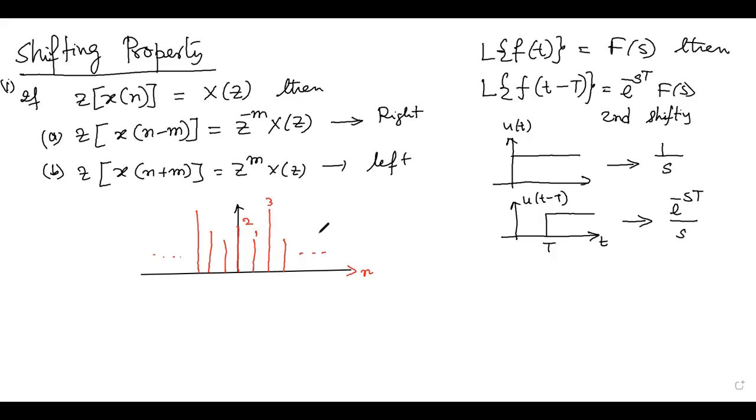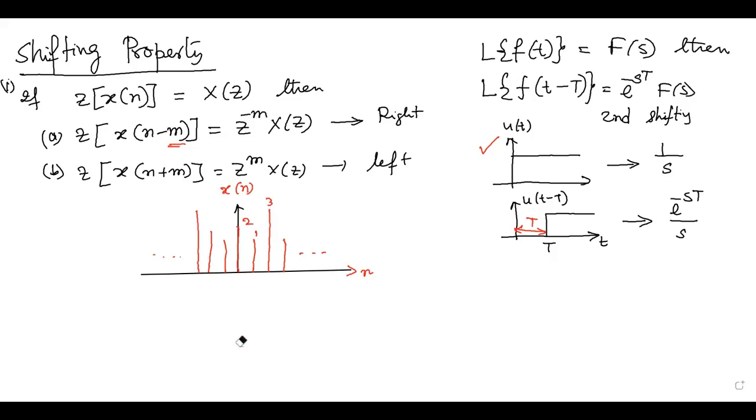Now, what do we mean by right shifting? That means each sample of the signal will be shifted to the right. That is called the right shifting. If this is x[n], here is the right shifted signal. This is u(t) and this is u(t minus T), where the signal is shifted by a time period T. Similarly here, it will be shifted by m samples. Let us assume we shift the sample by one sample. Then what will be the plot?